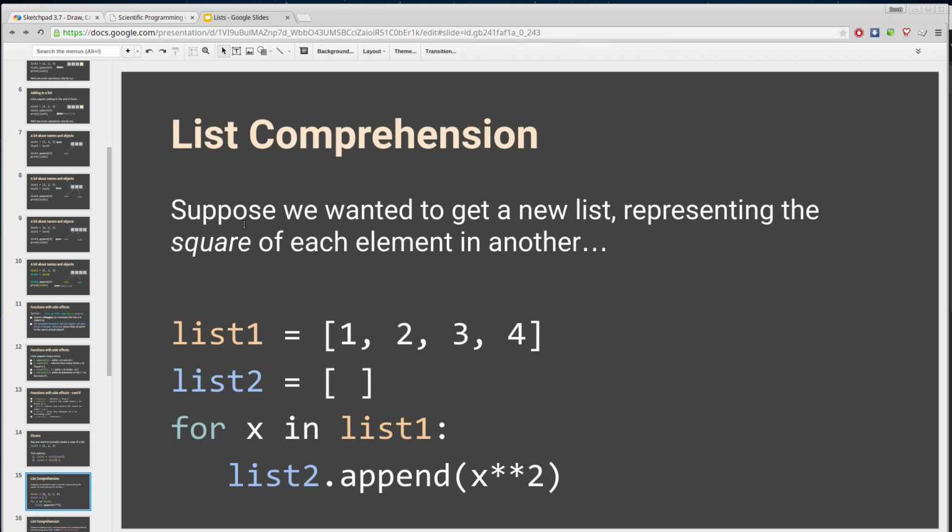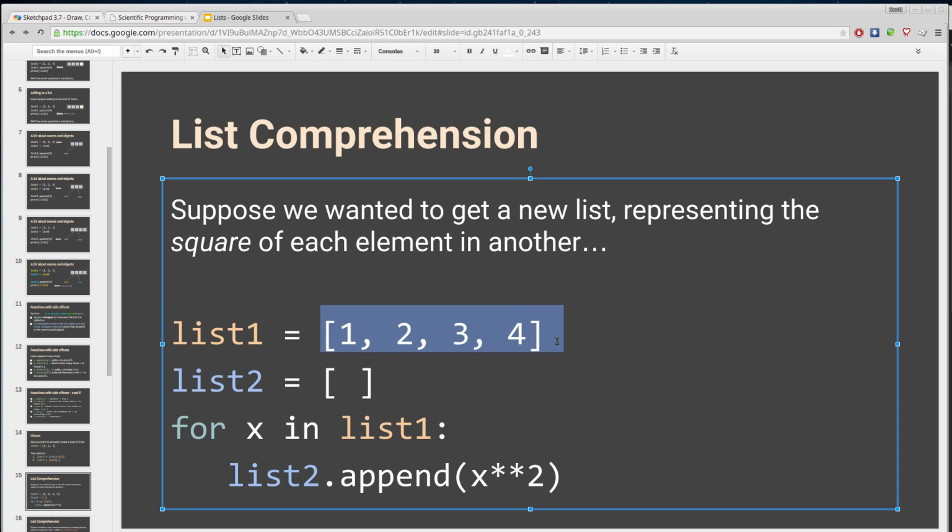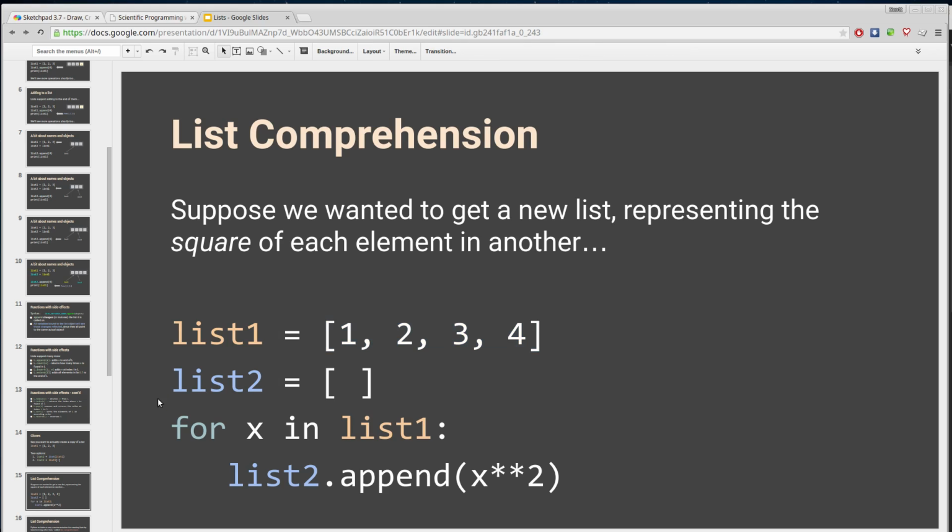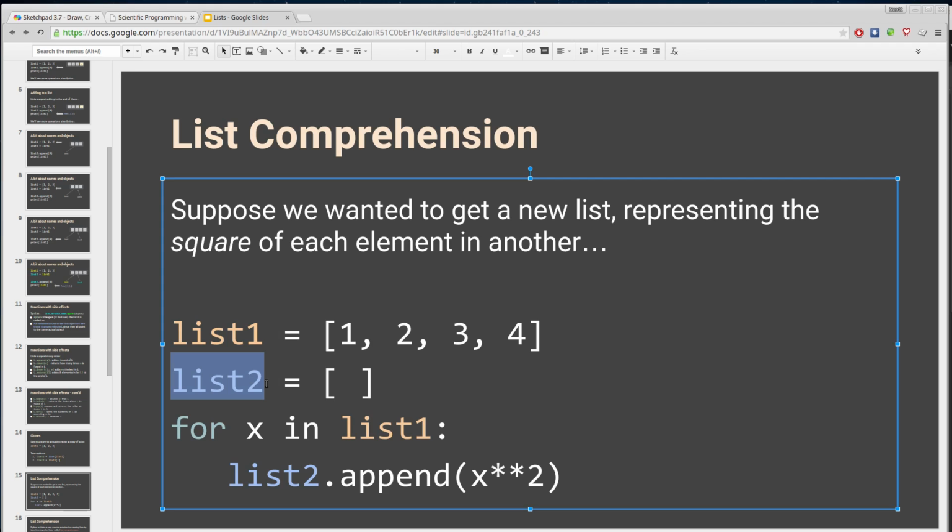Finally, there is another really interesting and really powerful and somewhat unique syntax in Python called list comprehension that allows us to write some really succinct code dealing with list objects. So let's assume that I had a list with 1, 2, 3, and 4 in it, and I want to create a brand new list 2, which is a copy of all of those values squared. The traditional, or most obvious, way to do that would be to create an empty list 2 that's going to hold our squares, and iterate through list 1,